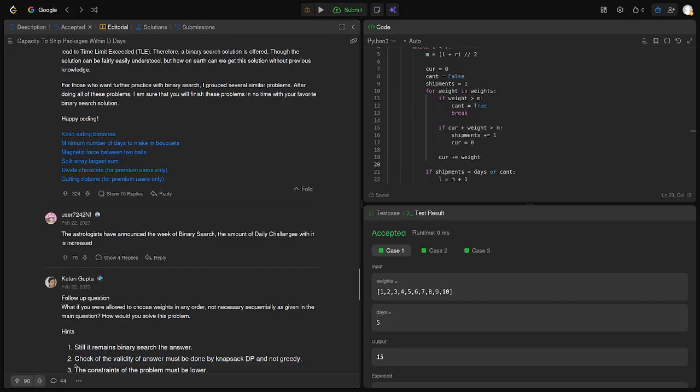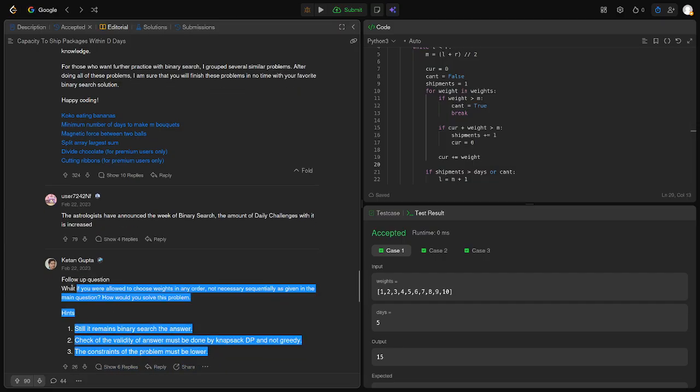Interesting. Not sure how, because I mean you just want to split elements into k bins, right?